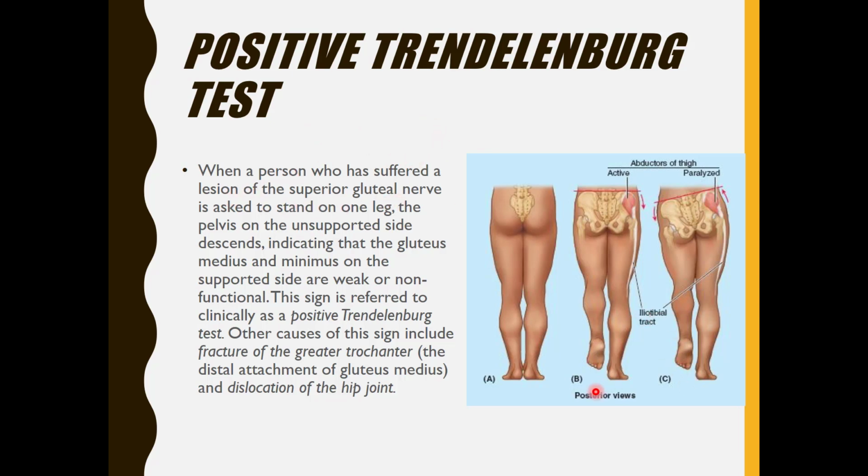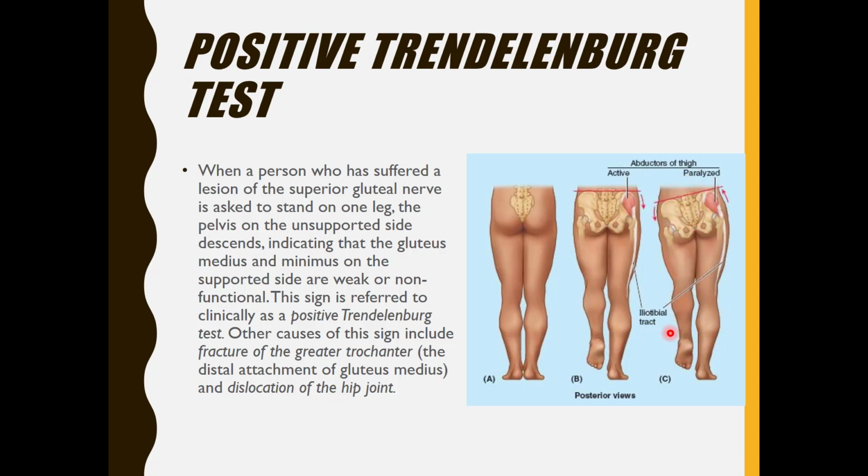See here, if the person is asked to stand on one leg, this is the normal condition: the iliac crest will be at the same level. But sometimes, if there is a lesion of the superior gluteal nerve, which supplies the gluteus medius and minimus muscles, then when the person is asked to stand on one leg, the pelvis on the unsupported side